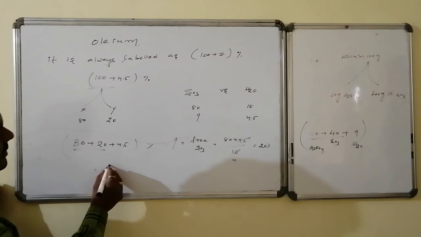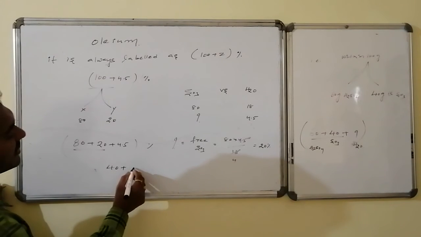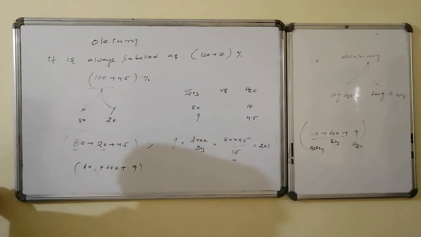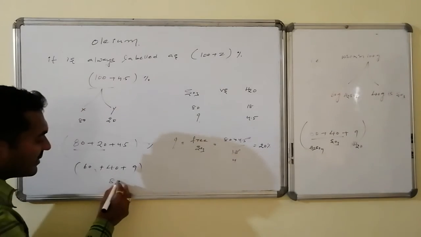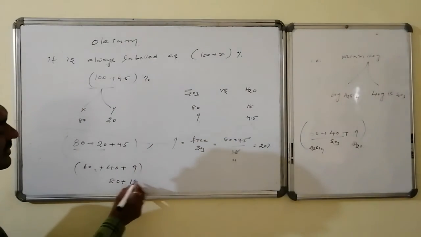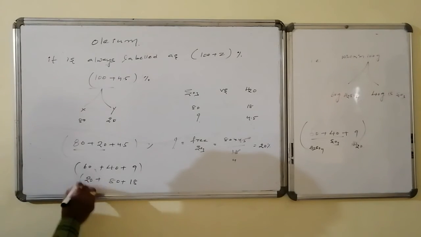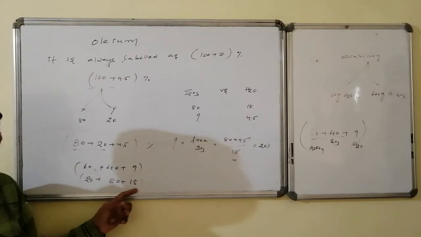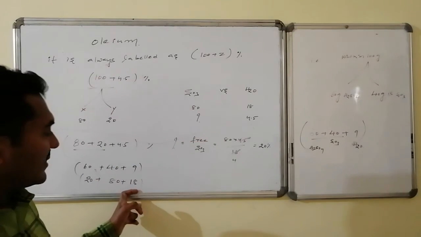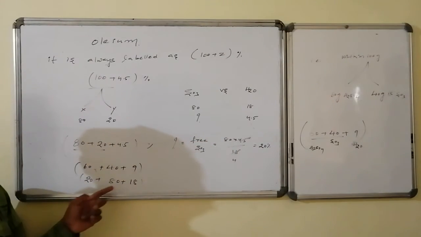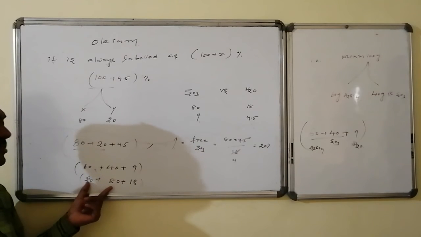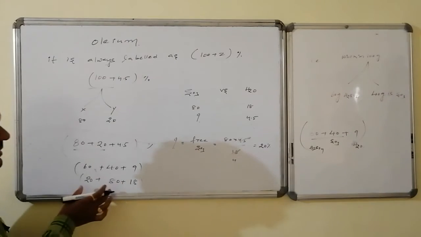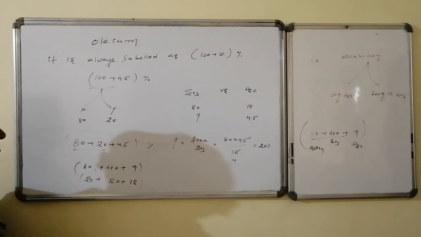Whatever was present previously, if I write in that version, here it is 40. This 40 can combine with 9 grams. If this is 40, this will be 60. Suppose this is 80, then what happens? 80 will combine with 18. If this is 80, this will be equal to 20. Like this, 1 mole of sulfur trioxide readily combines with 1 mole of water, that is 18 grams. The corresponding 1 mole weight is 80, which implies the remaining is 20. So 20 grams of sulfuric acid and 80 grams of sulfur trioxide readily combine with 18 grams of water.